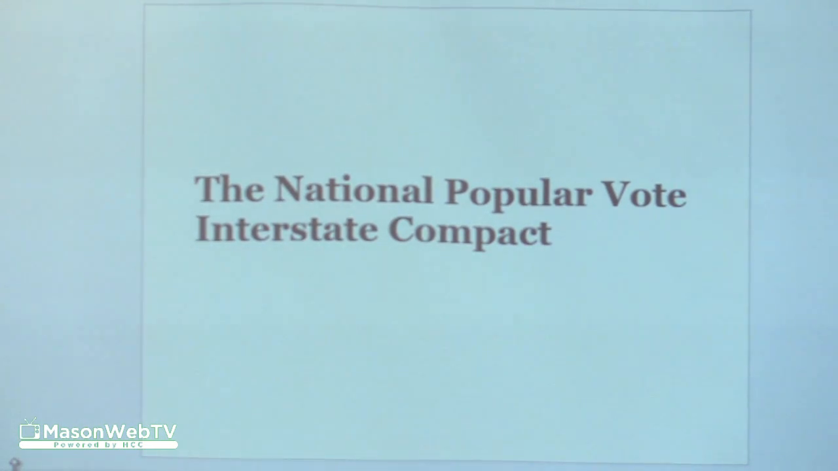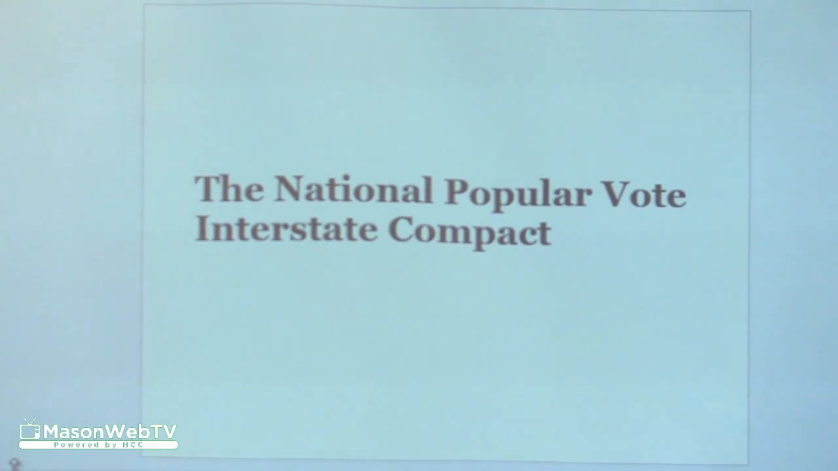But meanwhile, as we advocate for this, what can we do on a short-term or interim basis? What we have is the National Popular Vote Interstate Compact. And this would guarantee that the presidency will be held by the person who receives the most popular votes in